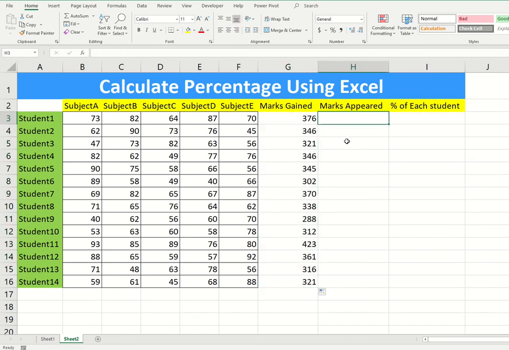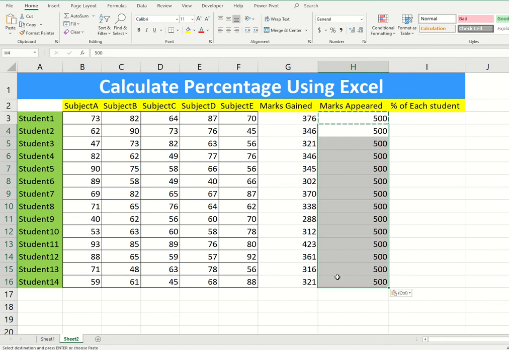Now the total marks they have appeared for. There are 5 subjects, and each subject is 100 marks, that means 500. Now I want to copy and paste, so I can copy this and select the range and paste. There is one more method, which is the easiest.